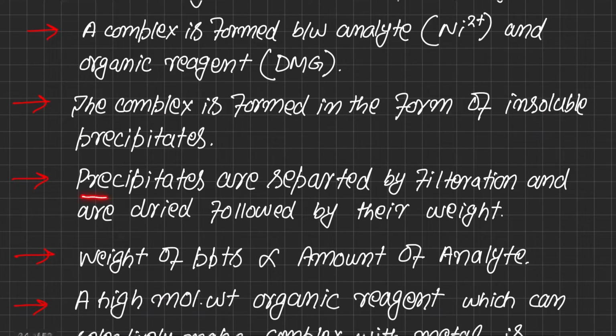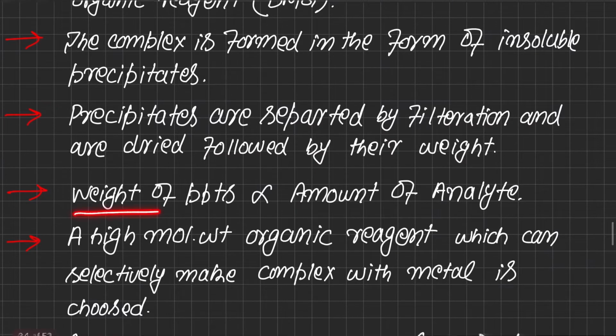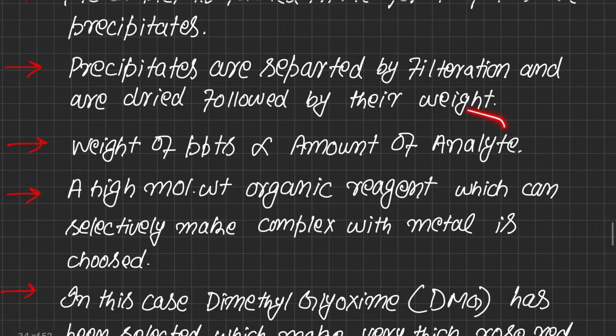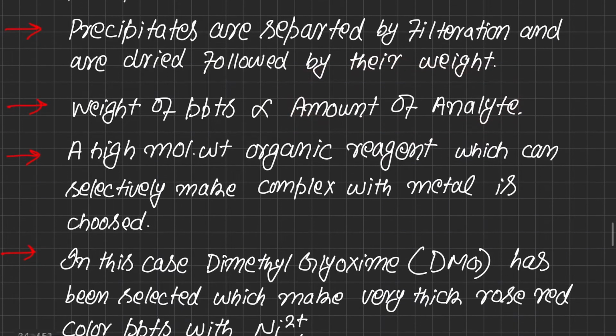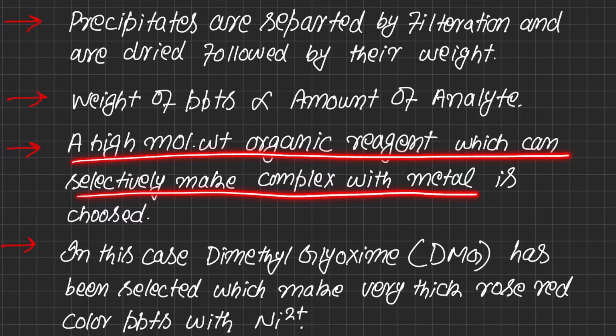Now these precipitates are separated by filtration, and they are dried, and then we measure their weight, and the weight of these precipitates is directly proportional to the amount of analyte. Like if we are getting a large yield of precipitates, then it means the analyte present in that sample solution is greater in amount. So in order to promote a good precipitation, a high molecular weight organic reagent is used,